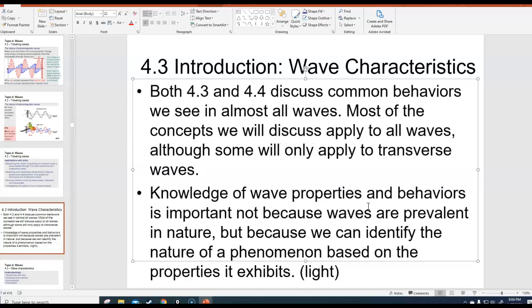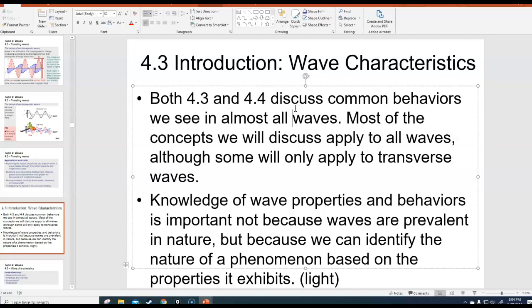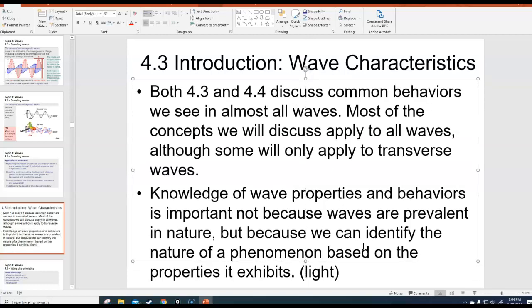And I will talk more about this later, but basically what I'm talking about there is that historically speaking, the way we actually discovered that light is an electromagnetic wave is because we knew about wave behaviors, and we happened to do an experiment that I'll talk about in the next unit that basically showed that light has this type of behavior and therefore is a wave. Okay, that's kind of how we learned that light is an electromagnetic wave. So anyway, let's go to